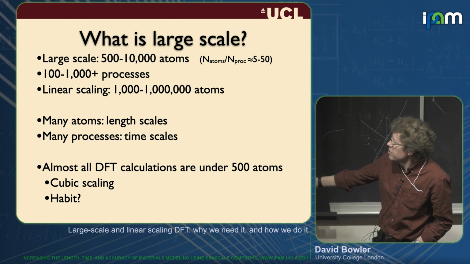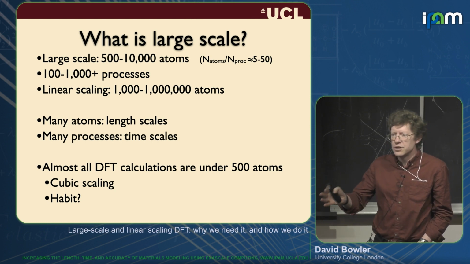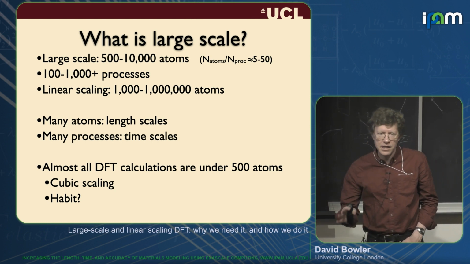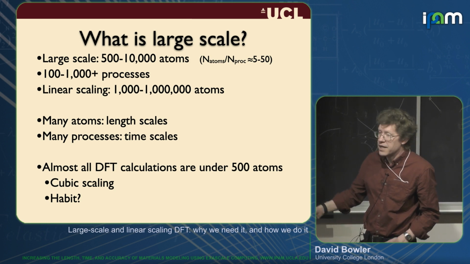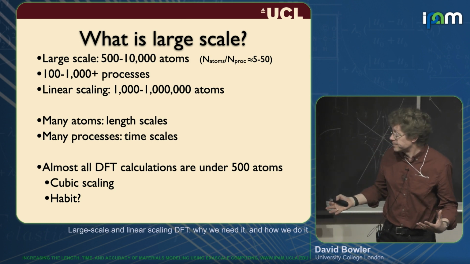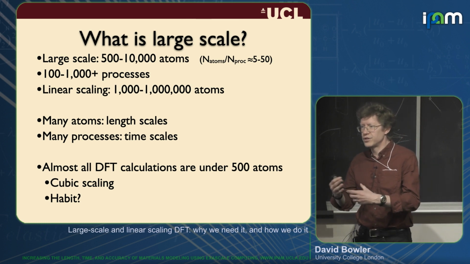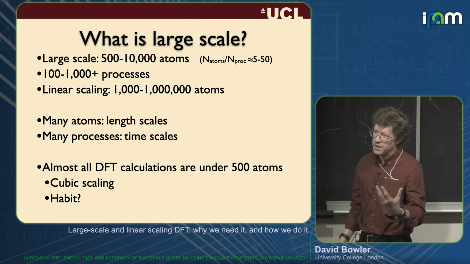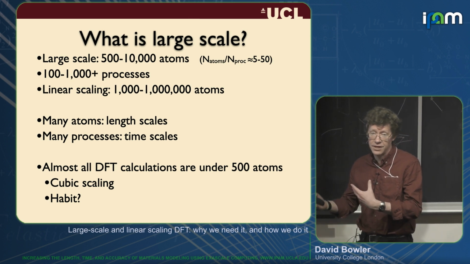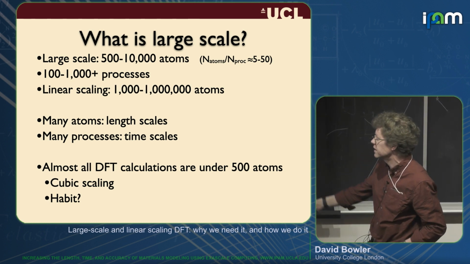And if you want to go beyond somewhere between 1,000 and 10,000 atoms, then you need to think about linear scaling methods. If you can go to many atoms, that enables you to go to large length scales. Though remember that if you're wanting to talk about the whole volume of the system, of course, if you want to make the volume twice as big, you have to use 10 times as many atoms. So that's always going to kill us.